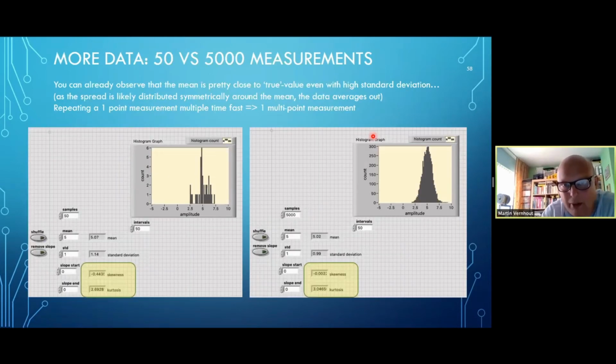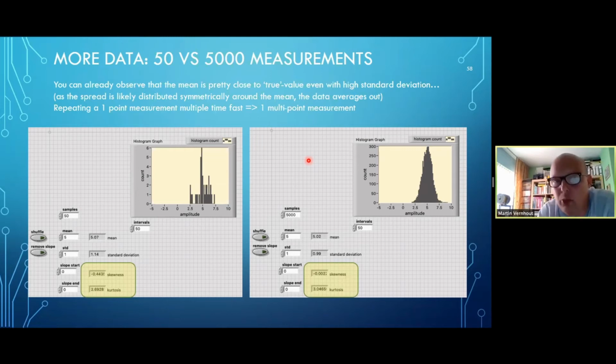So what happens if we move our 50 data points, for example, to 500 measurements? Well, we get a better indicative value of the spread. So if I take a low number of measurements, I know that it's approximately 5, and I'm still not sure what the underlying distribution is. If you take more measurements, the shape will be more noticeable. Okay, but taking a lot of measurements, of course, there is a penalty to pay for that.